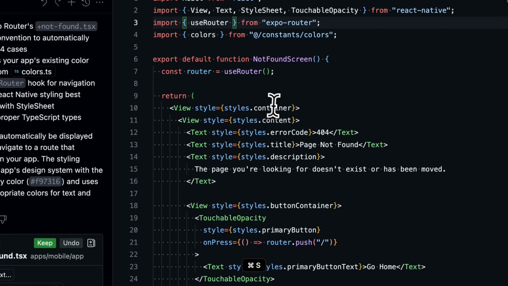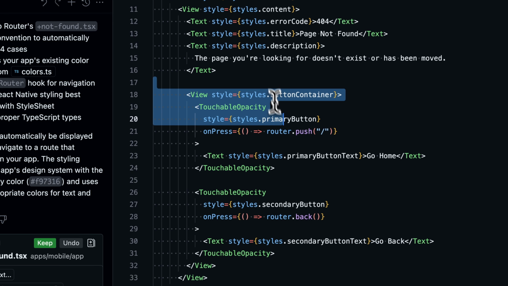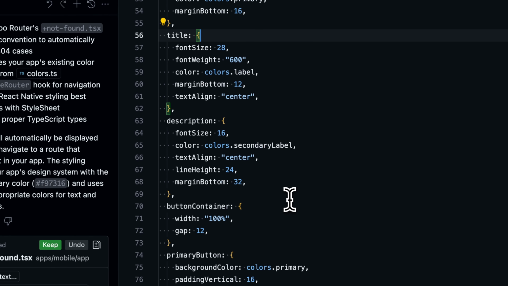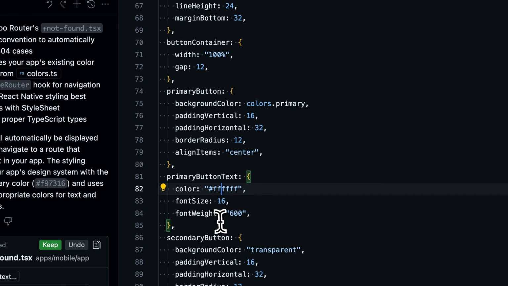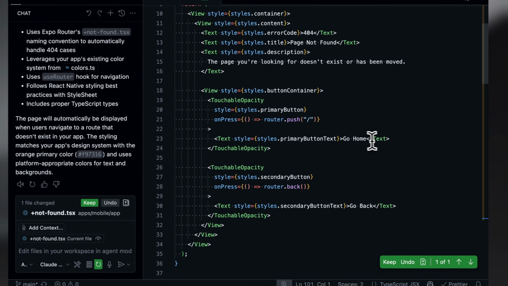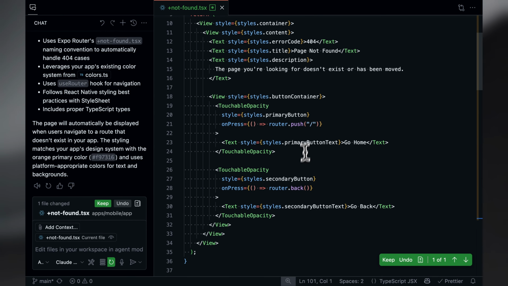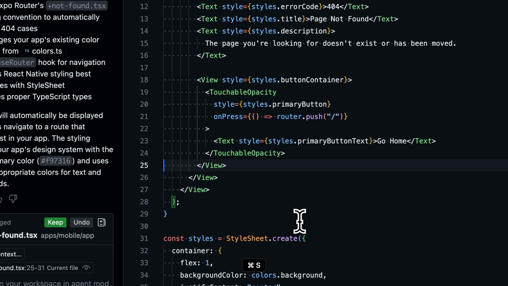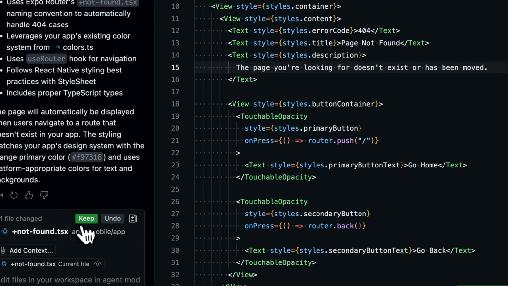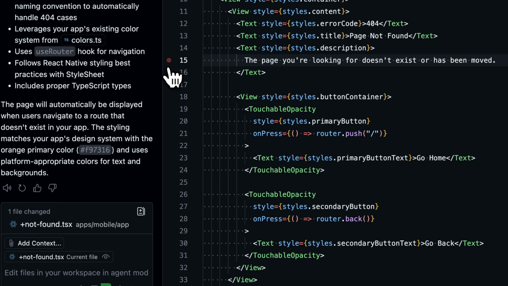Can remove this, and I think this looks good. All the colors are from my thing, which is perfect. Yeah, this looks good. So go home or go back. I think only go home is safe. I'll have this. Okay, yeah, this looks good, and I can press on keep, and so this is now in